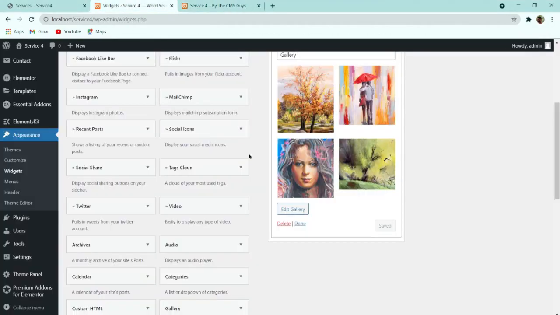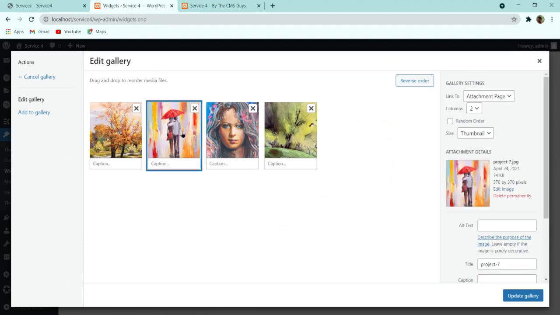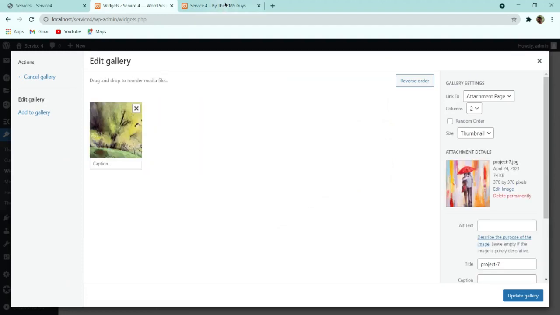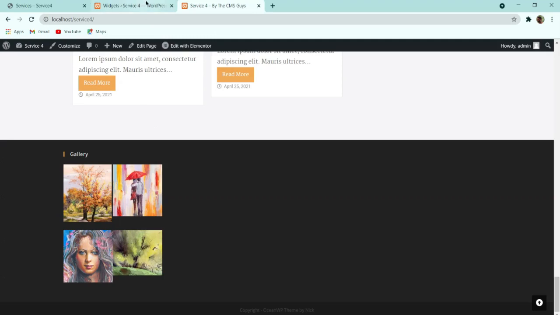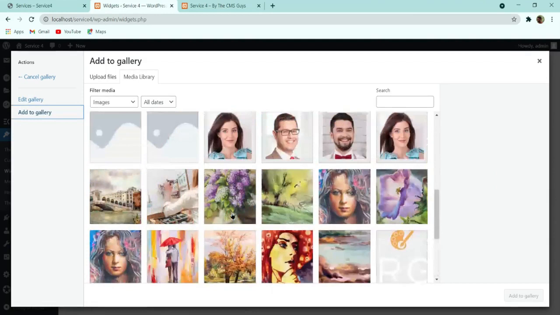So what we need to do is, you can see that this flower and this tree are creating a problem.